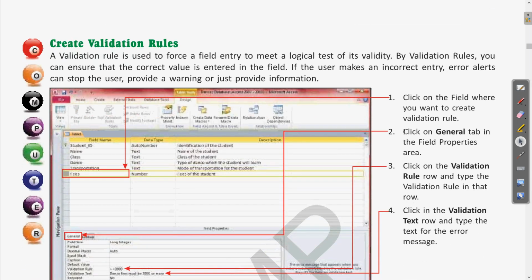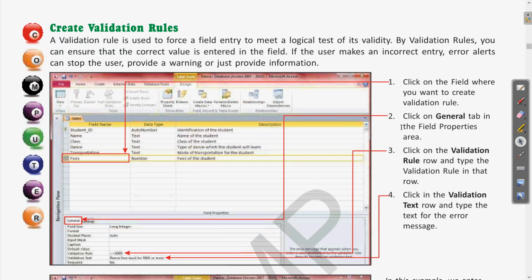The next is creating validation rules. This is also very important. So what exactly is validation, and how are we going to do this? Let us see this as well. These are very important parts of databases. Do practice if you have a system at home. Even if you don't have one, you can read it and watch the videos, pause wherever you have confusion, and the remaining doubts can be discussed in the online session as well. So let us see creating validation rules.